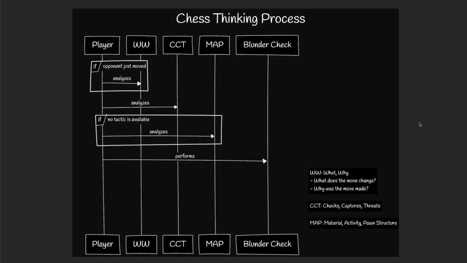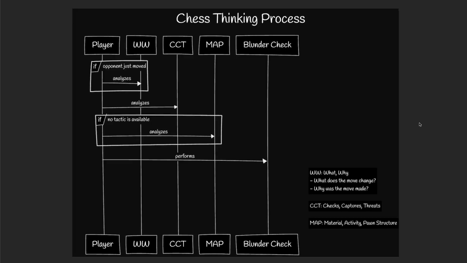Welcome, everybody. I have been working on this sequence diagram for quite a while, and this is a culmination of probably several years at this point of my personal efforts in my own chess studies and different materials I've read, different threads on various sites I've read. And this is a representation of how I have evolved my thinking and what it looks like today when I'm